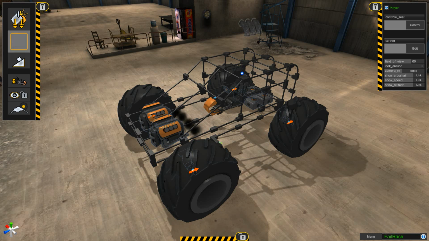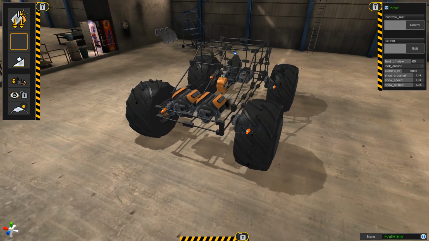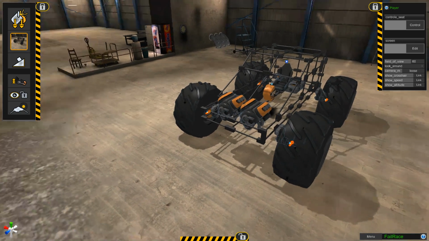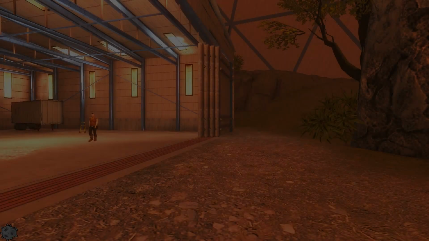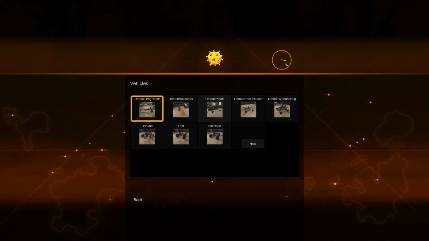Right, so we save all of that stuff. Fingers crossed this has worked. I've done everything properly. Oh, we've got to take a little picture for it as well, of course. Right, take a picture of the vehicle, and then we go outside. This is the moment of truth. This is when all the hours spent fiddling around... Oh, I forgot to select it, didn't I? Yeah, this is when all the hours of fiddling around...